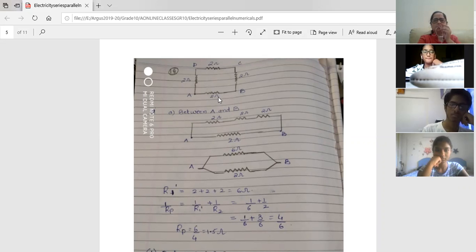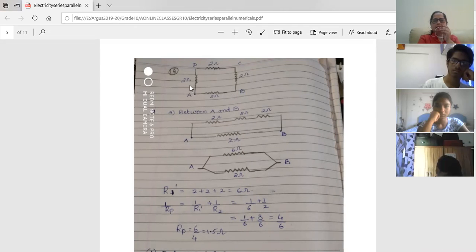So, first I said simplify the circuit. Now you can see this part. Okay, I have simplified it for you. Between A and B, this part is almost like a long wire. So what I have done, this resistance of 2 ohms is down and all the three I have put up. Can you see this? So this is a simplified version. It's just like I have pressed it over here. I've made it straight from the point D and point C, it has become straight. So this is the top part and this is the lower part.